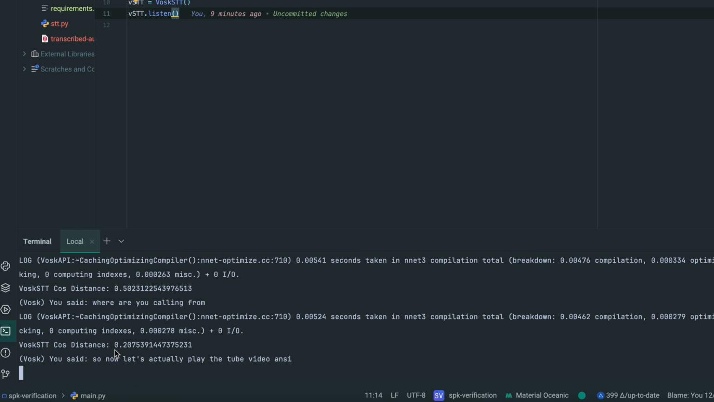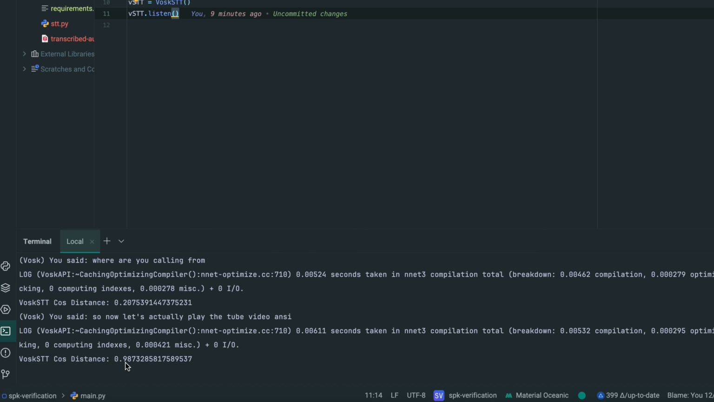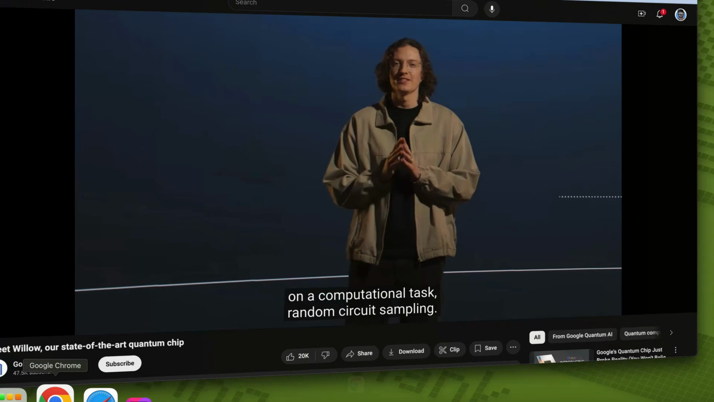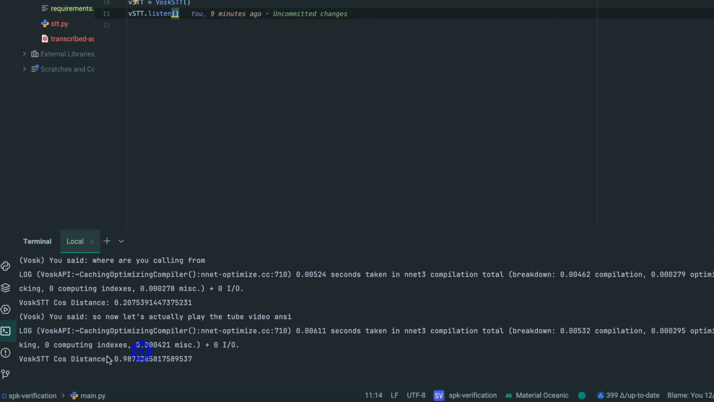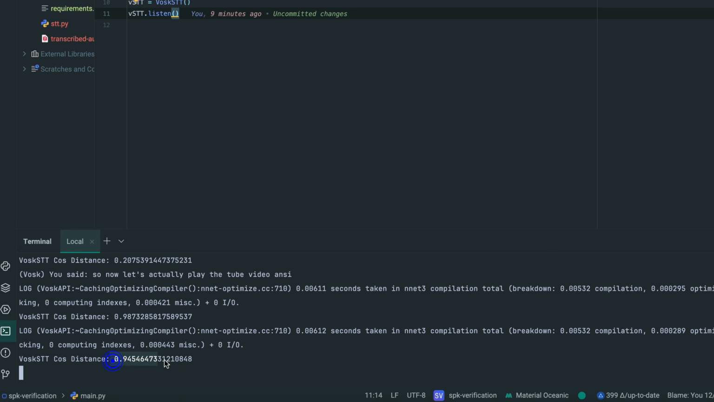Our reality, building quantum computers for otherwise unsolvable problems. We launched our first chip, Foxtail, in 2017, followed by Bristlecone in 2018 and Sycamore in 2019, which powered our milestone 1, the first quantum computer to surpass the best classical supercomputer on a computational task, random circuit sampling. Over the years with Sycamore, we have been able to squeeze a remarkable amount of performance from our hardware, including achieving a